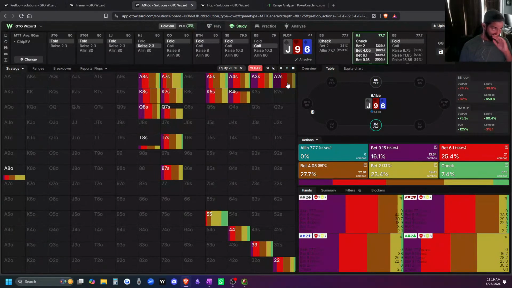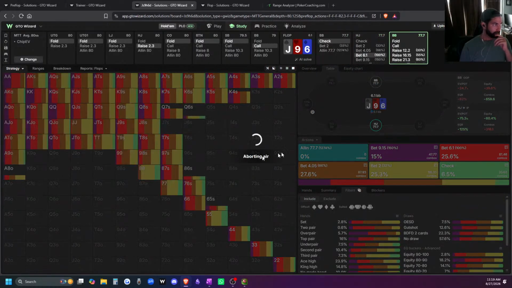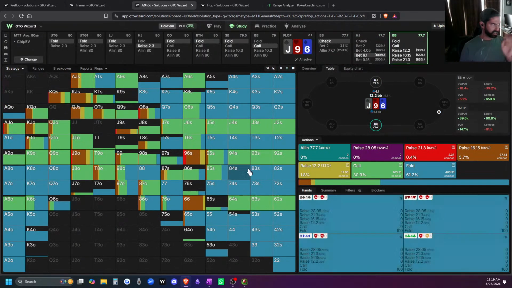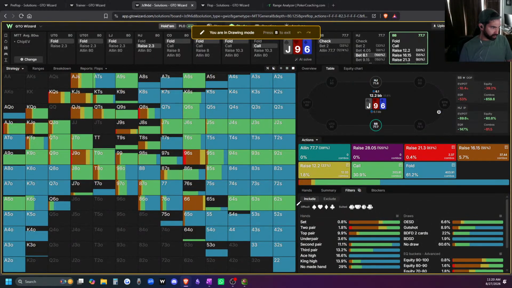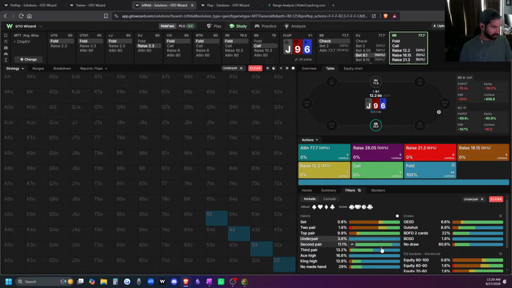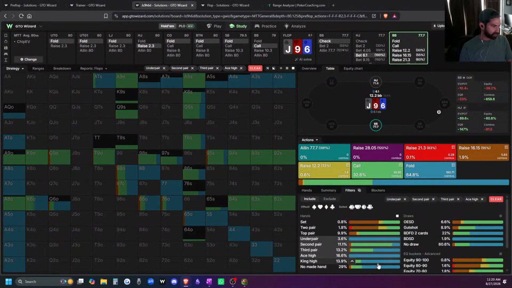So if we check a large bet, like pot, for example, I'm not suggesting you use pot, but look, you head over here and you take a look. What type of hands are we folding? So what do we see that's in blue, basically? Under pairs, second pairs, third pairs, ace highs. So as I start clicking all these hands,